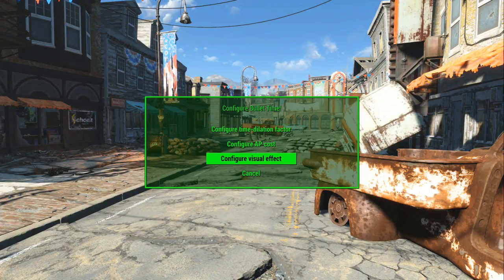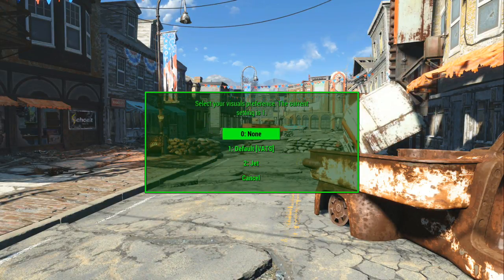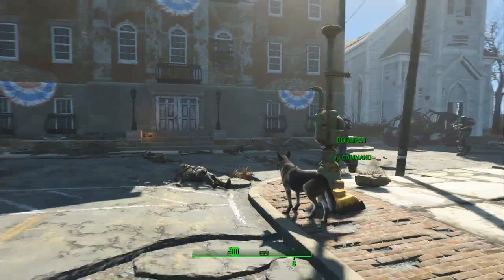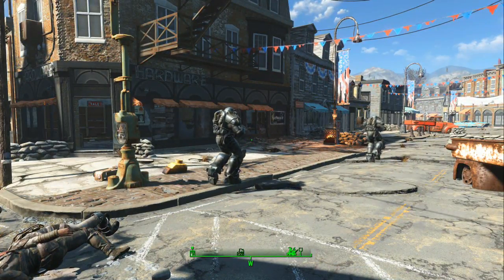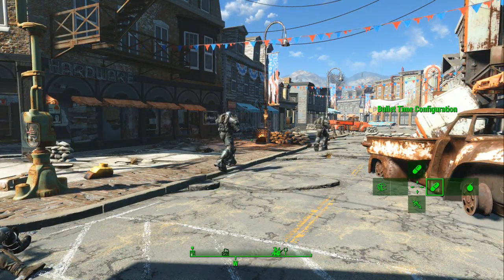So anyway, finally, if you want to have some type of effect, you can have no effect on your screen. You can have an effect like it's slowing down in VATS, or you can have the effect like Jet. So I will go through each configuration now and I'll show you what they look like. Okay, so we'll start off with the somewhat slow, which is 70%. So when you activate it,